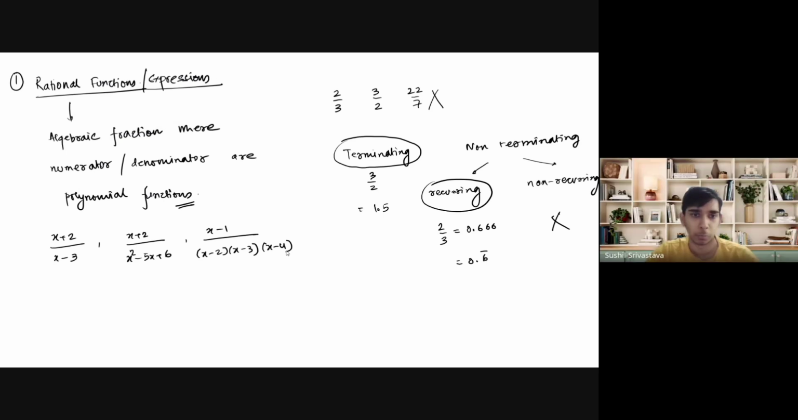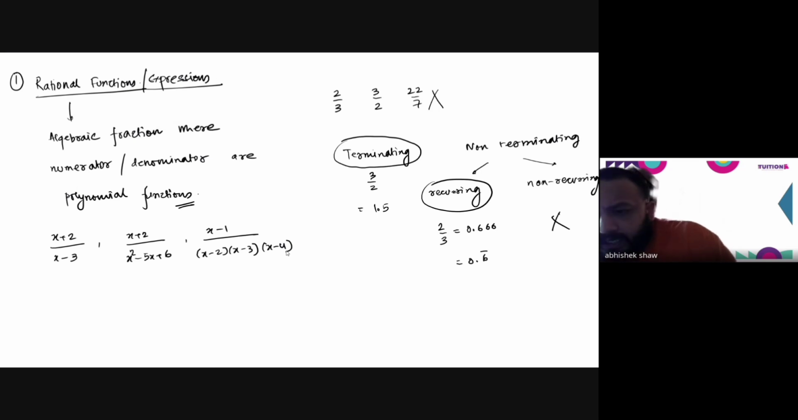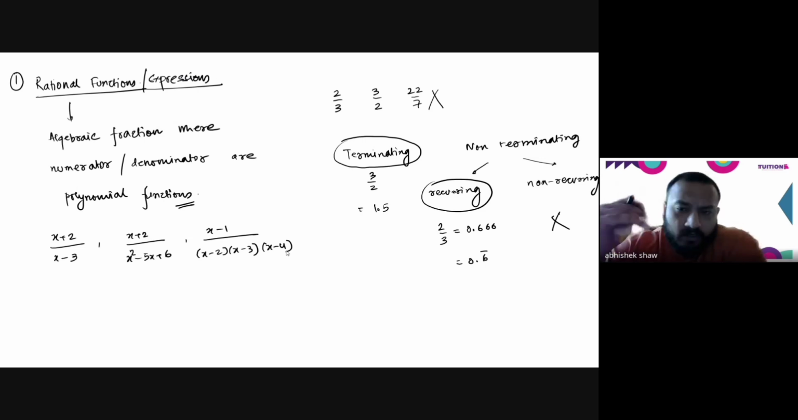So what is important to take from here is when you're writing a rational expression or a rational function, you have to keep in mind that numerator and denominator both are some polynomial function. Any questions here? So polynomial